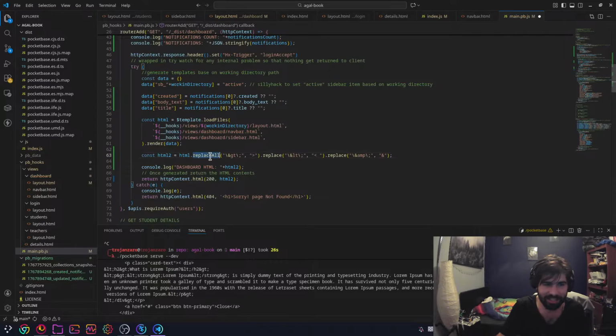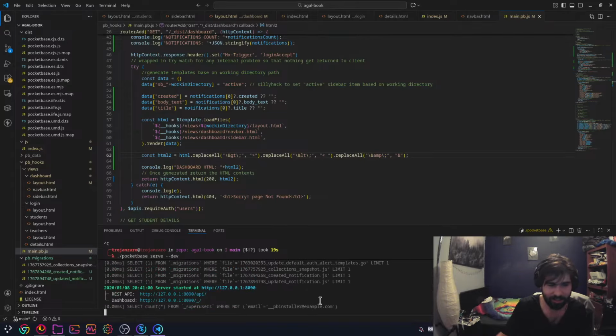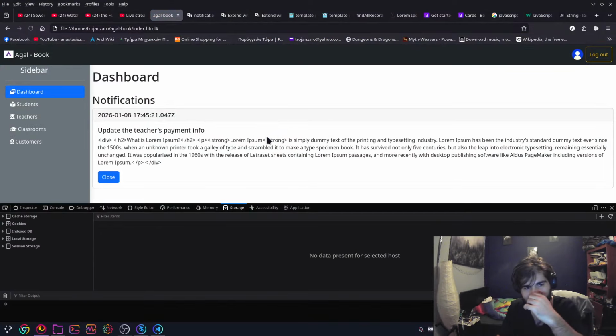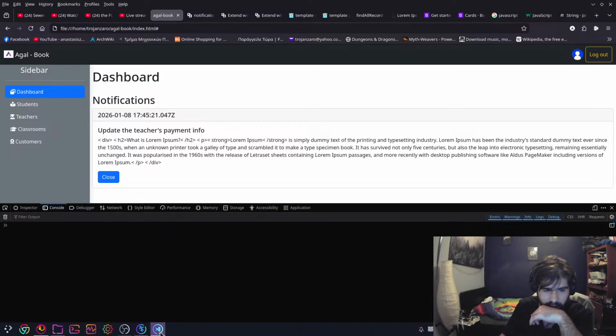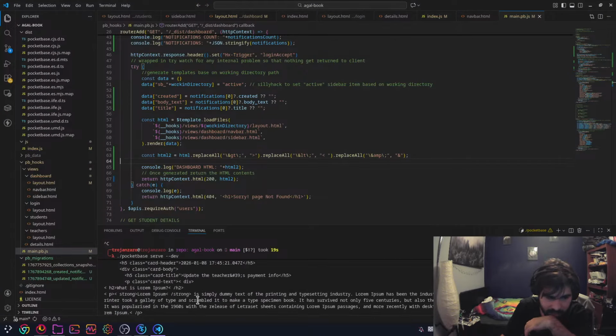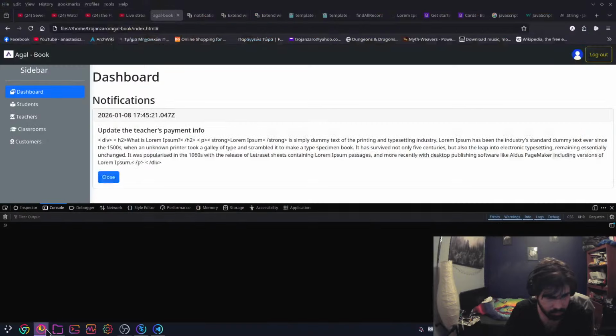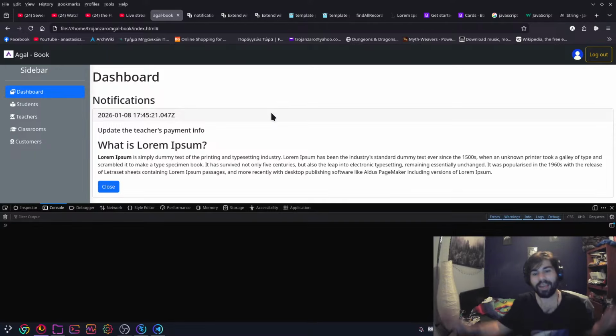I think it's just that I'm chaining all these together and I shouldn't be. I think that's the main problem. I shouldn't be doing all these replace all calls one after the other. It's supposed to have the delimiter notation. Oh, never mind, it did it. So why isn't it doing anything now? Oh, now we go. Okay, yay, we did it.